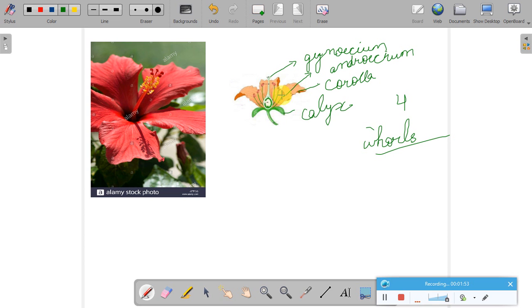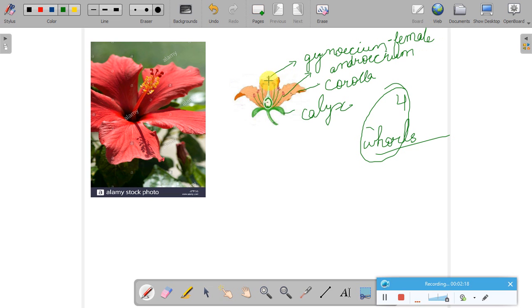So in androecium we have these 3 structures. Okay, we will do each of them separately, but for now I just want you to understand about these 4 whorls. Okay, so 4 whorls: calyx, corolla, androecium, gynoecium. Gynoecium has the female reproductive parts of a flower.